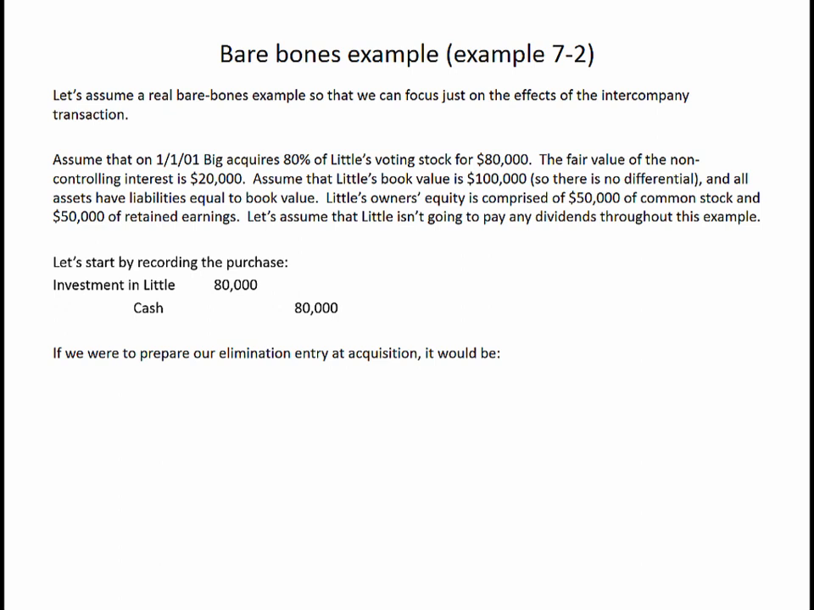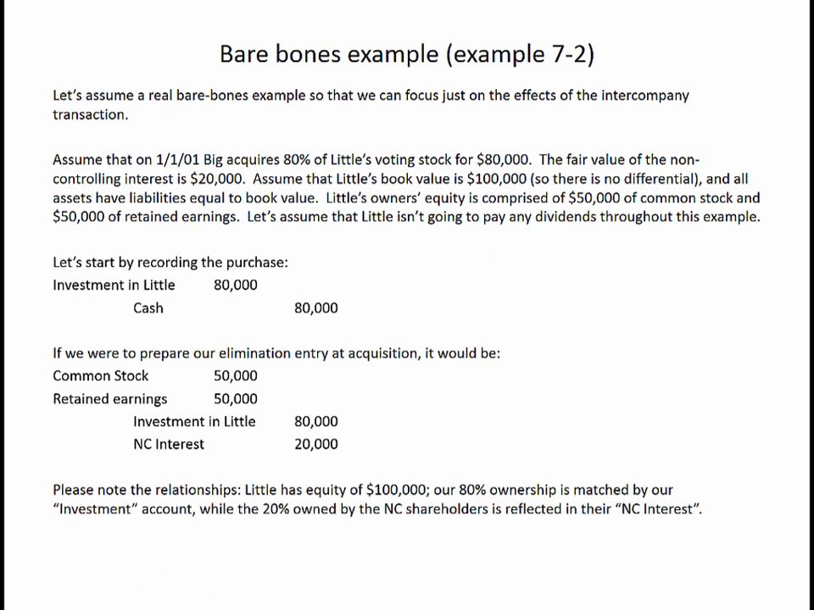Now if we were to prepare our elimination entry at the date of acquisition, we would eliminate the subsidiary's beginning of period equity accounts, and 80% of that would be our investment in Little. The other 20% would be the non-controlling interest. Now, please note the relationships. Little has equity of $100,000. Our 80% ownership is matched by our investment account, while the 20% owned by the non-controlling shareholders is reflected in